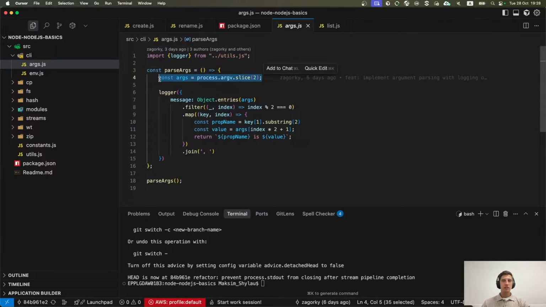And question to the audience: why do we need this process argv slice 2? Why do we need to take command line arguments from third item? Maybe you know it.